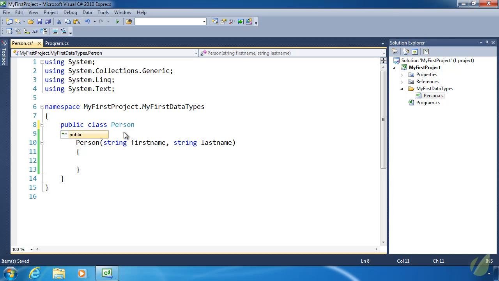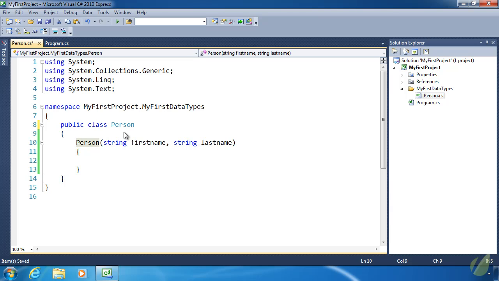So we have the access modifier and then the keyword class, and then the name of the class. And public just means what it says. It is now public, so we could use the Person class anywhere at any time. And we need to do the same thing for the constructor, because as it is right now, this Person constructor